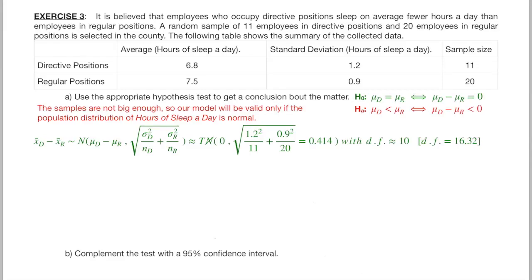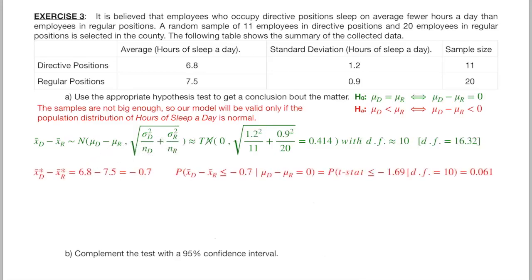There is a special formula for the degrees of freedom when working with two samples. Because the formula is very complex, when working manually, you are usually allowed to pick the smallest of both degrees of freedom. Here we would have 10, here 19, so let's use 10 degrees of freedom. The actual number with the formula is 16.32. I wrote this part in green because it is built on the basis of the null hypothesis. Therefore, it's also hypothetical.